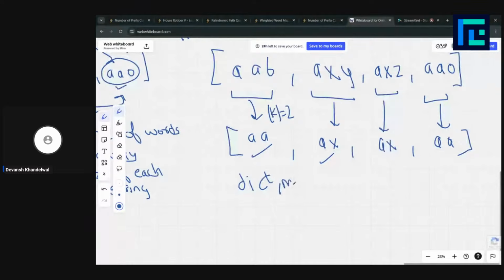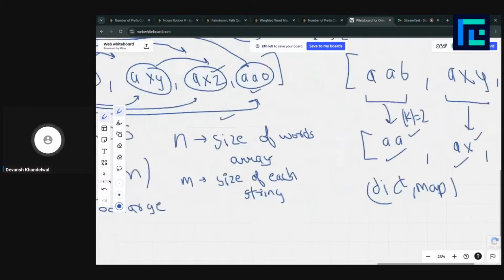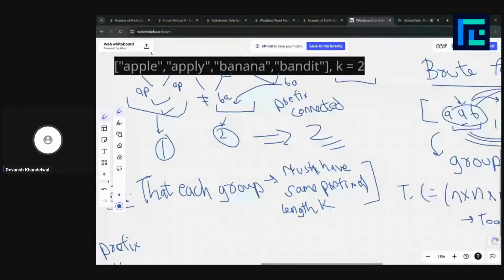and count the number of places where we got AA as our prefix string, and the number of places where we got AX as our prefix string, because of this property that in each group every string must have the same prefix.